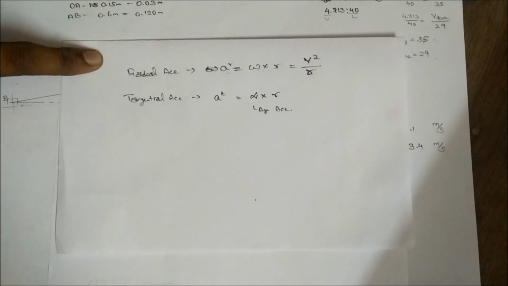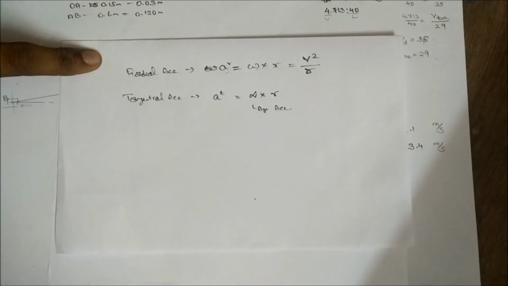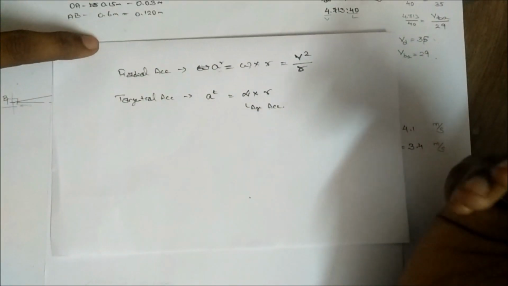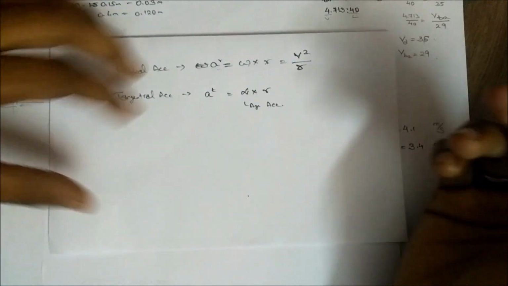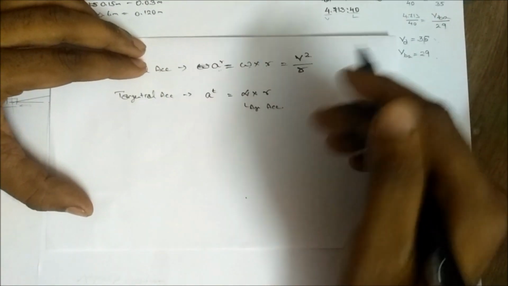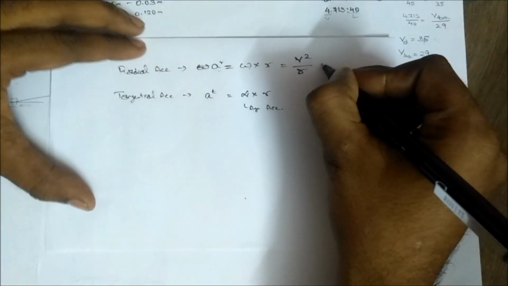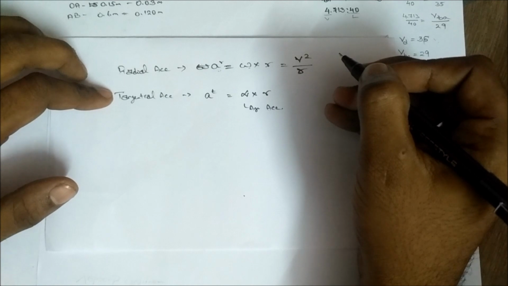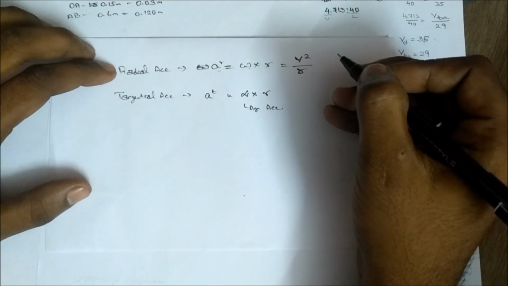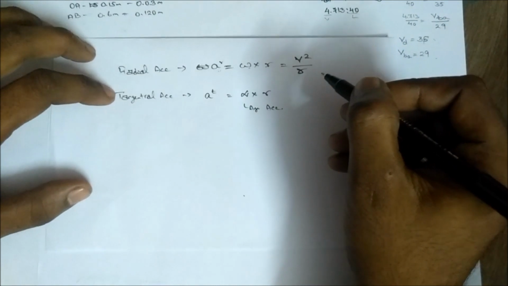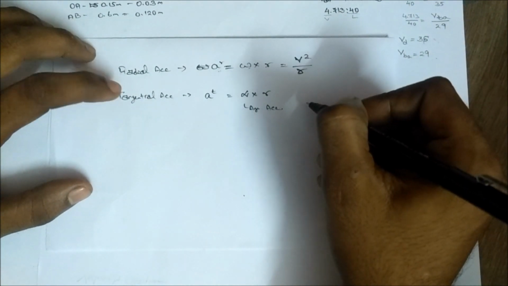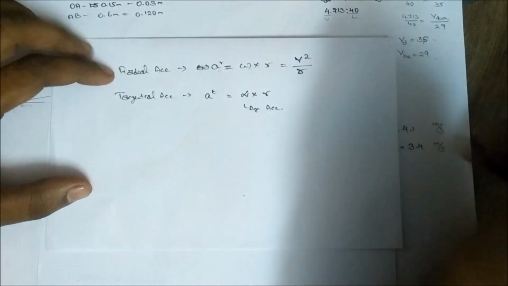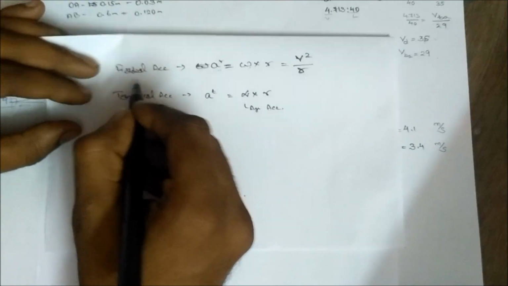Sometimes in a problem like a 4-bar mechanism they may give the angular acceleration. If the angular acceleration of a certain link like the crank is not given, there is no tangential acceleration available in that link. So we can take radial acceleration alone. Every link has a radial acceleration and tangential acceleration. Whenever the angular acceleration is not provided, we can consider that the link has no tangential acceleration. Okay, now we will go with the diagram.